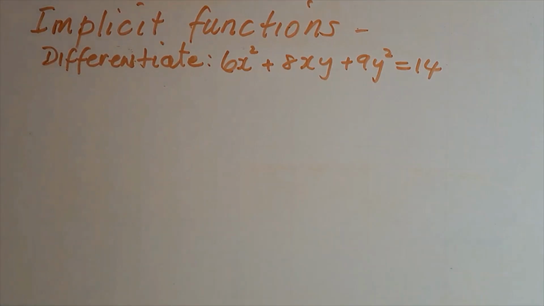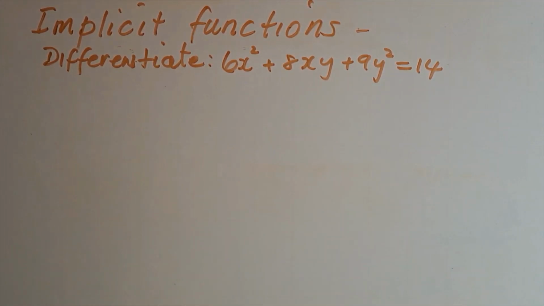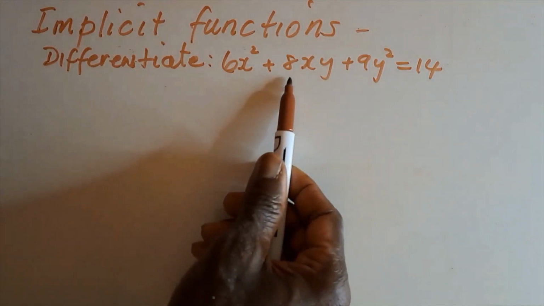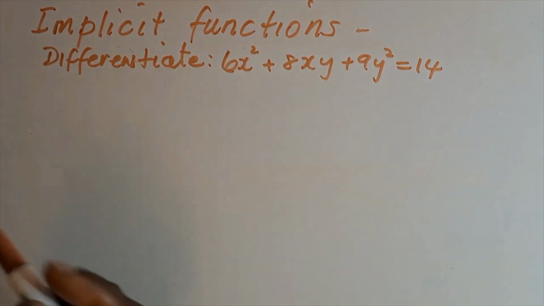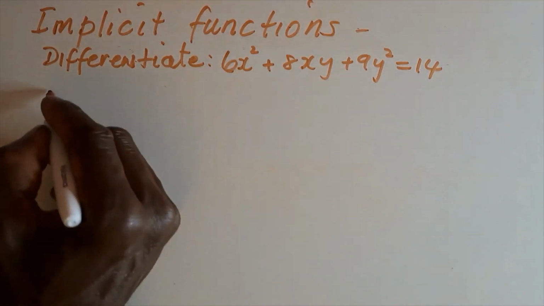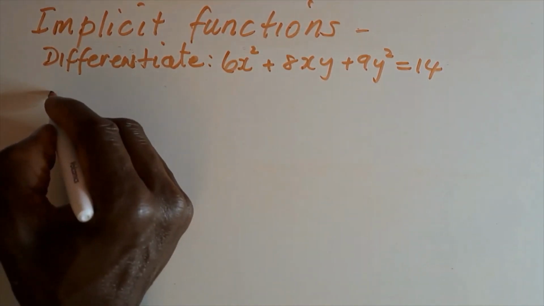Hello. Here we are asked to differentiate this implicit function 6x squared, add 8xy, add 9y squared equal to 14. Note that we have a product here, 8xy, so we have to apply the product rule as we differentiate this term. So first that will give us